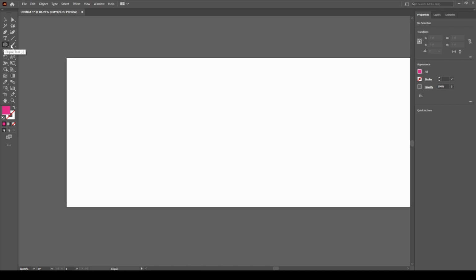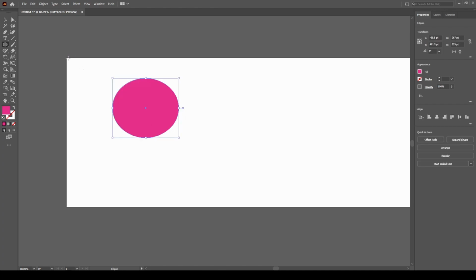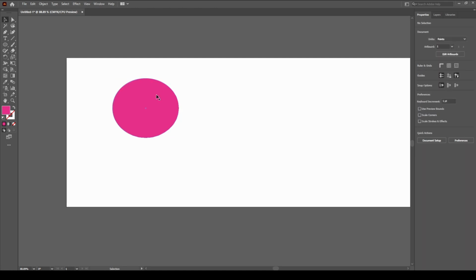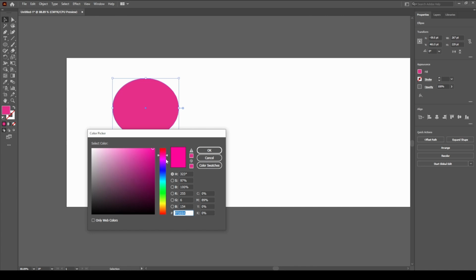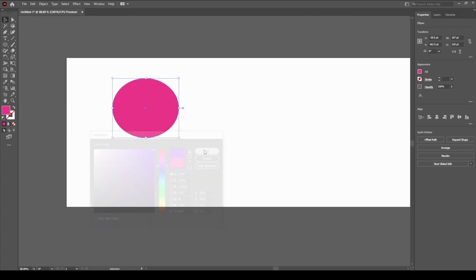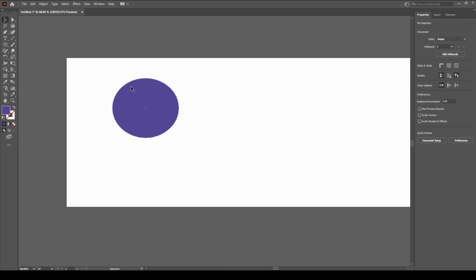Select the ellipse tool. Let's create a circle. Okay, let's change its color. Purple, it's fine. Okay, now